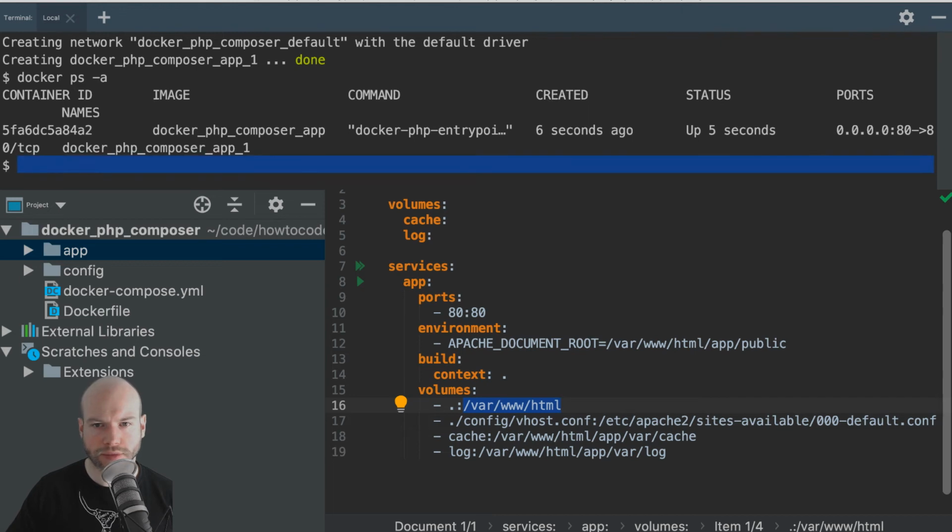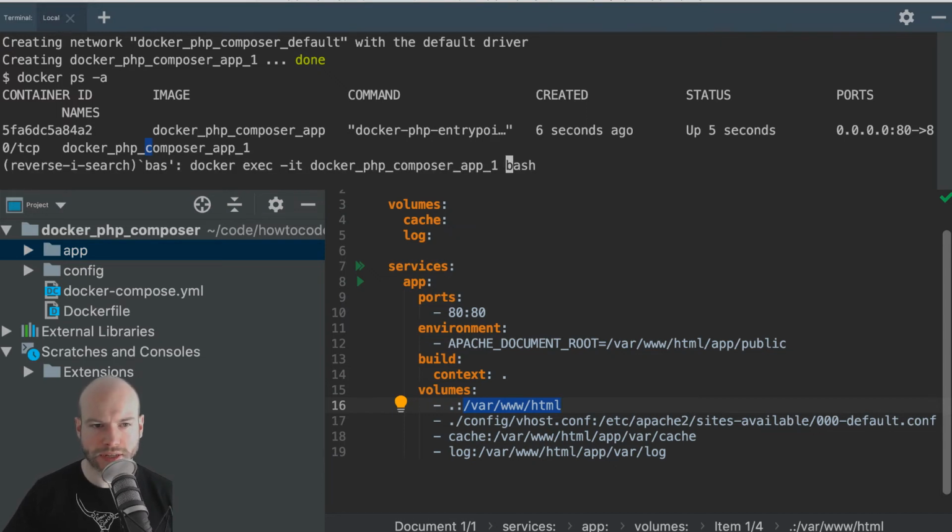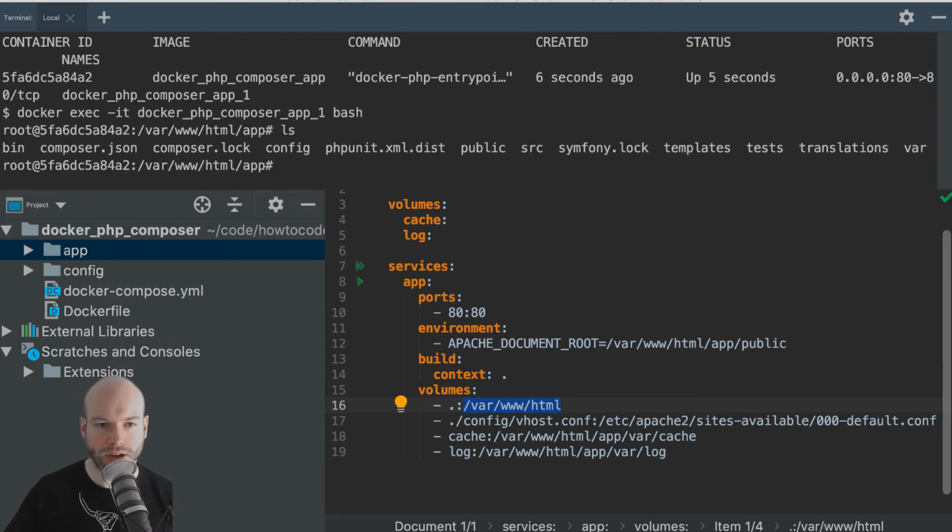Let me just double check a couple of things. And if I did a bash, jumped into the container, did an ls, notice that we are now in app because the working directory has changed. Notice we don't have the vendor directory. Why is that? We've just installed it. Why don't we have it? Why don't we have the vendor directory? Well, we don't have the vendor directory because, and this is part of the quirky trick, if you will, that I was wanting to demonstrate.